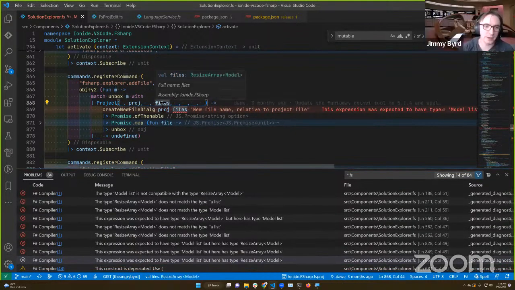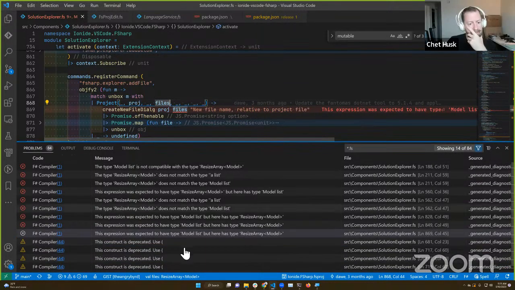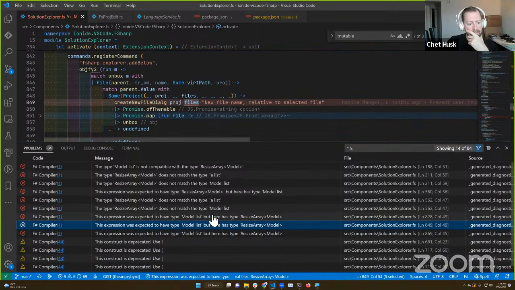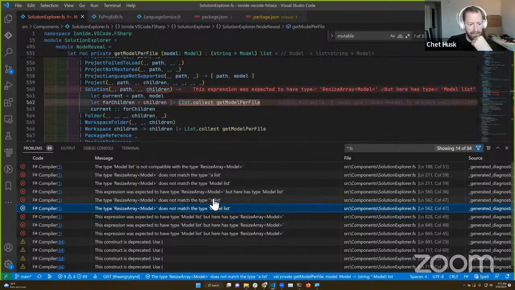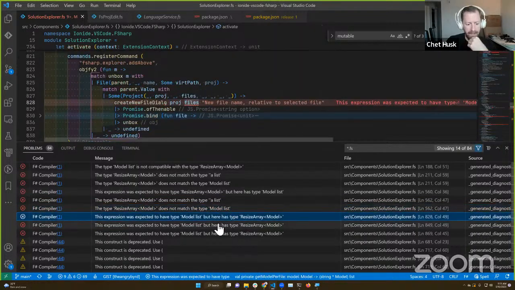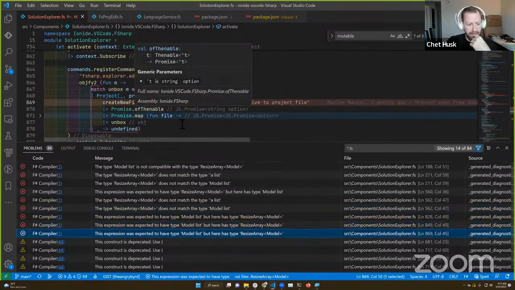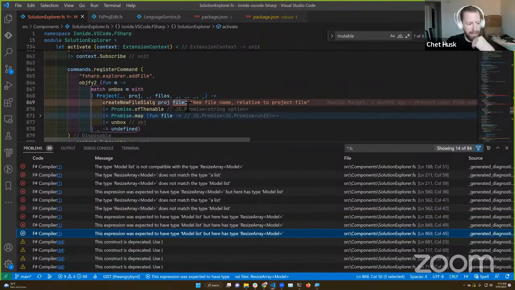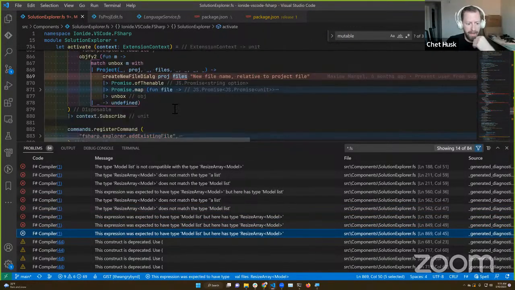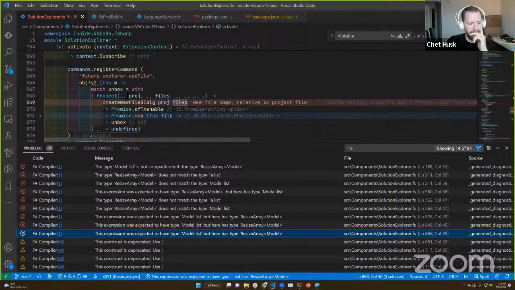Yeah, right here in this add file, this is potentially a place we could also update these resize arrays. We wouldn't necessarily want to do it then. We'd probably do it in the event handler on that particular case. Because this is prompting the user for things, and then that promise map on 871 is where we actually go fire off the change.